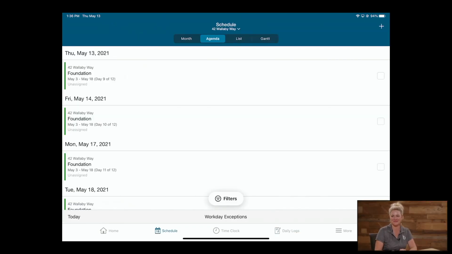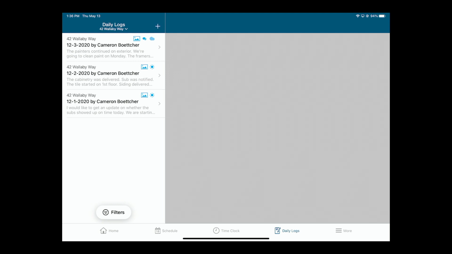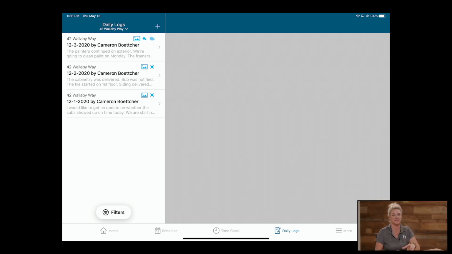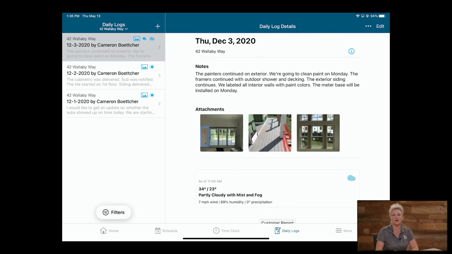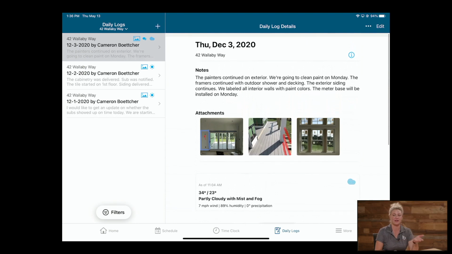So if I was on the schedule, what's really nice about the app is it's just down there at the bottom. You'll see daily logs. I click it. All right, so we've got a list of daily logs here on the left panel. These are existing logs, so let's just view one real quick. You simply click on it, and we've got all the notes in there and the photos that we took and attached to this